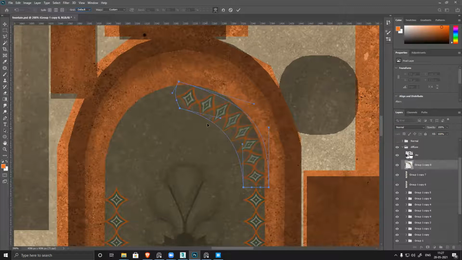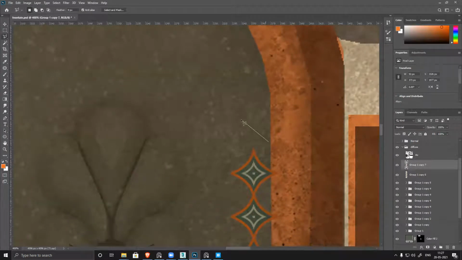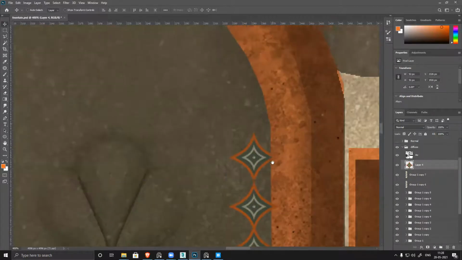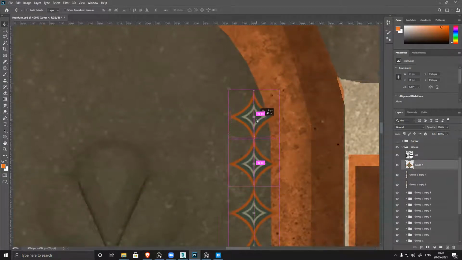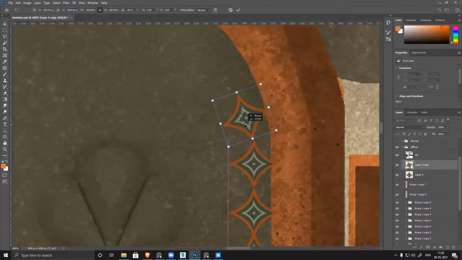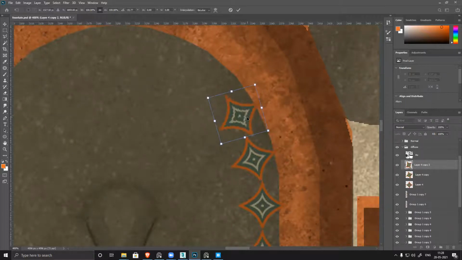I can do it like this, but you can see it's getting a little stretched. So instead of doing this, I'll delete this and just take one section, Control J, and then repeat this. Let me see, is it rotating? Yeah, it's rotating. So it's a little manual. Photoshop texturing is manual, you have to do everything manually only.